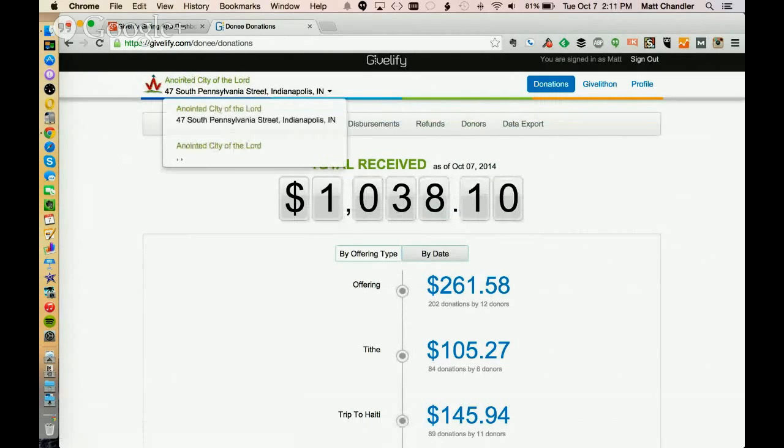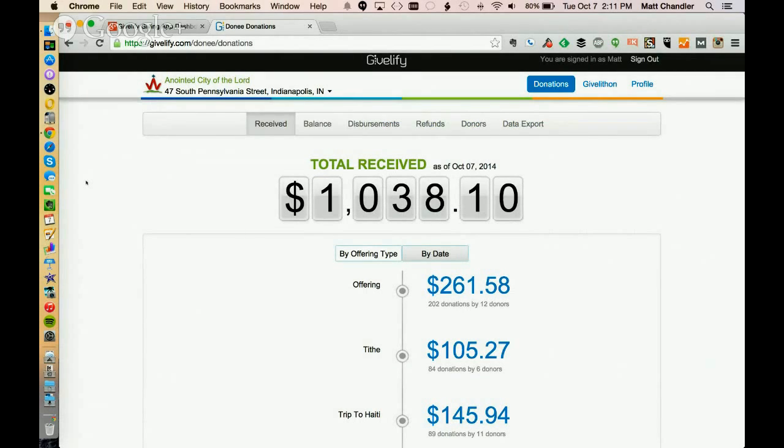The first screen you'll see here, this is our demonstration account, Anointed City of the Lord. This is actually our address, so that we're not showing you anyone's real numbers. We don't share any other information with anyone else. It's all private. It is all discreet and just for you. The first screen you'll see here is the Donations tab with Received, Balance, Disbursements, Refunds, Donors, and Data Export. There's a Giveathon tab and a Profile tab, and I'll go ahead and walk you through each one of these